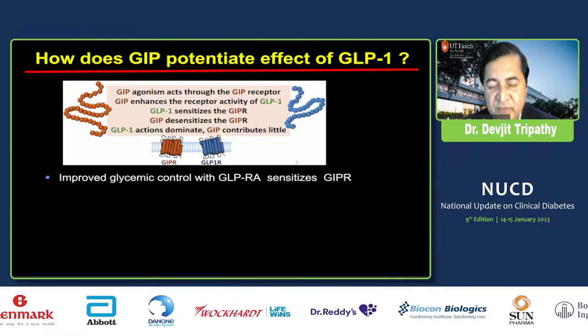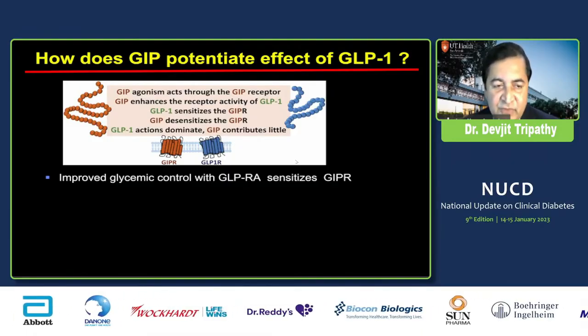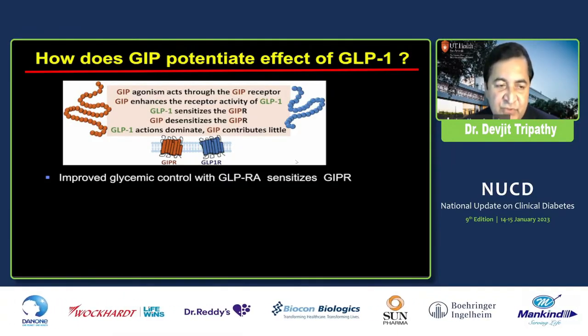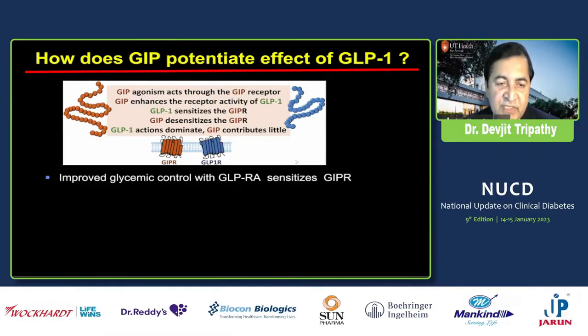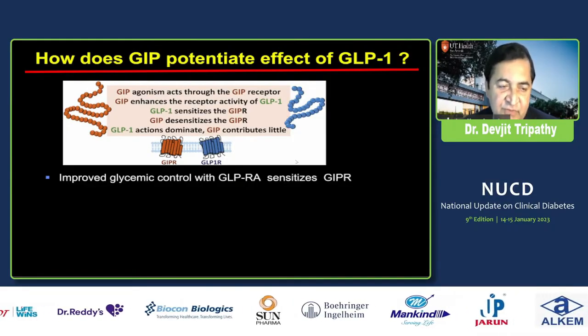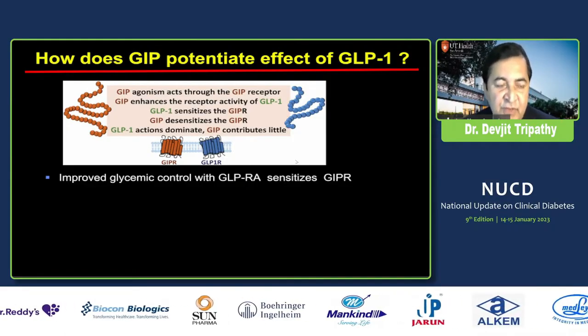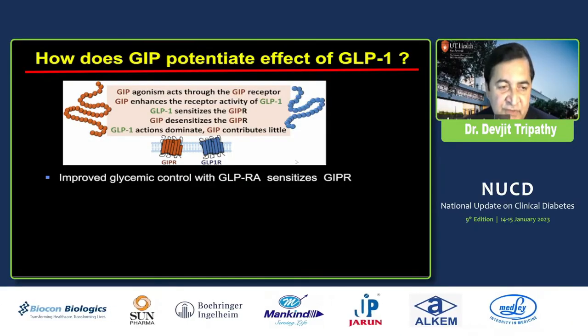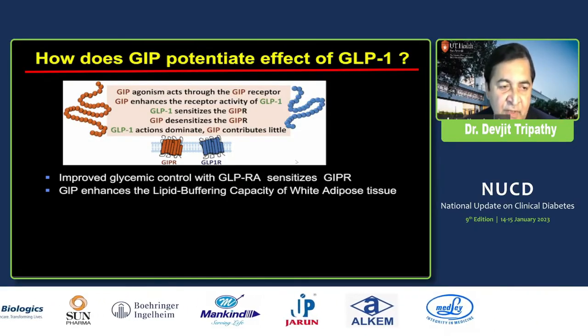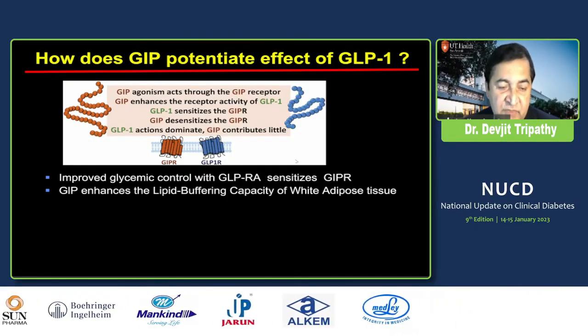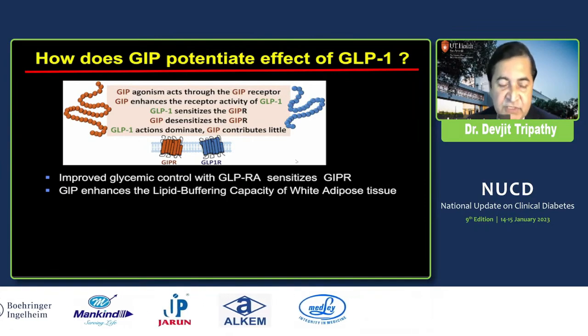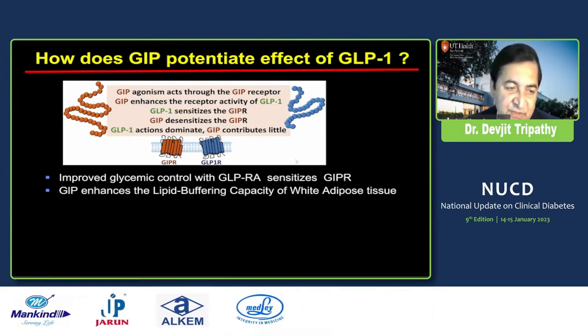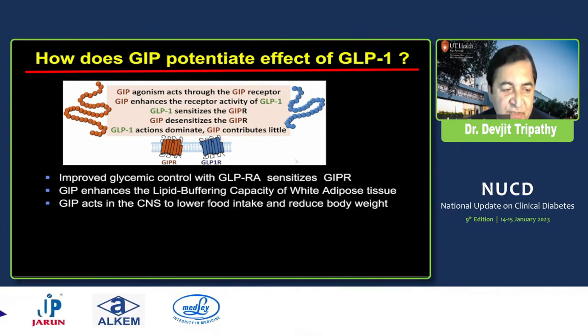If you start with GLP-1 treatment, you achieve euglycemia. Several studies have shown in humans that once you achieve euglycemia, GIP can be effective. So possibly initially you see the GLP-1 effect, then subsequently the GIP effect is observed. And there are those who believe that this drug is nothing but a very potent GLP-1 receptor agonist. But the human studies are not done yet.